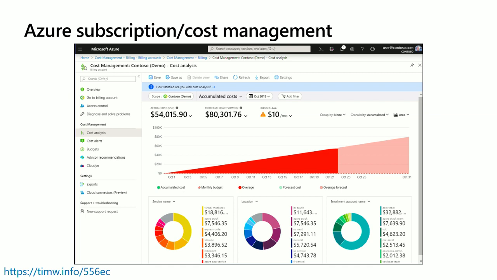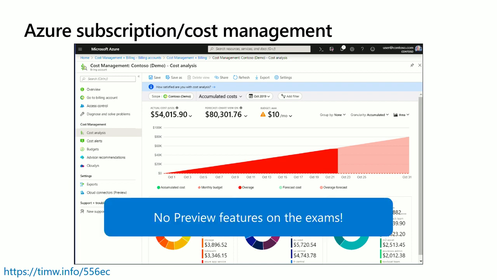In the Azure portal, this is a good spot to go, because as you can see, you can generate detailed usage reports on how you're spending over the course of each period. As I said, no preview features, so anything you see in your environment with preview after it, unless it's on the exam objective, ignore it. But notable about this ties back to what we were talking about a bit ago with governance: the cost management blade allows you to create these pretty pictures using tags.